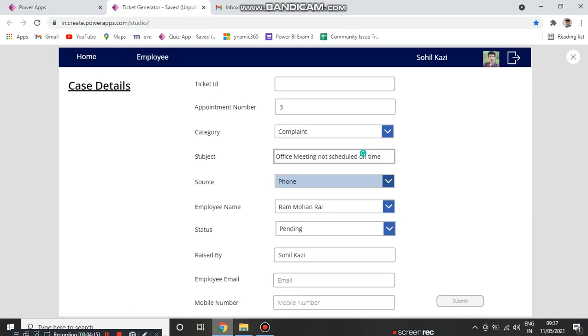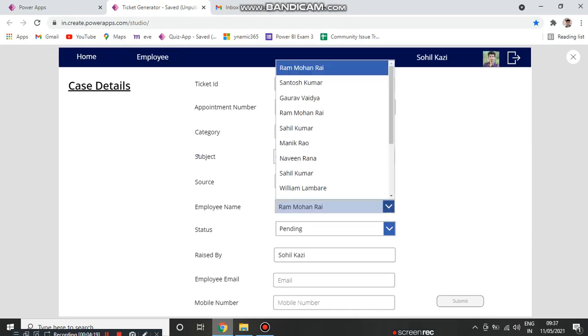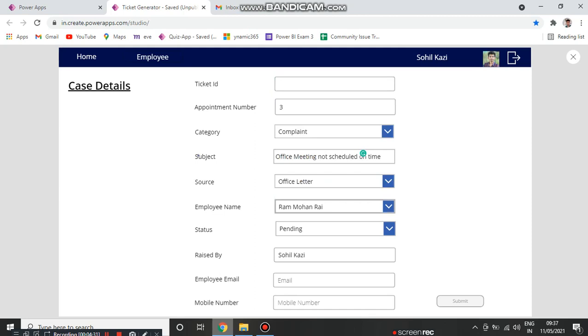And he enters the name of the employee, Ram Mohan Rai. Then mention the mail ID of the employee, Chitrakant dot.